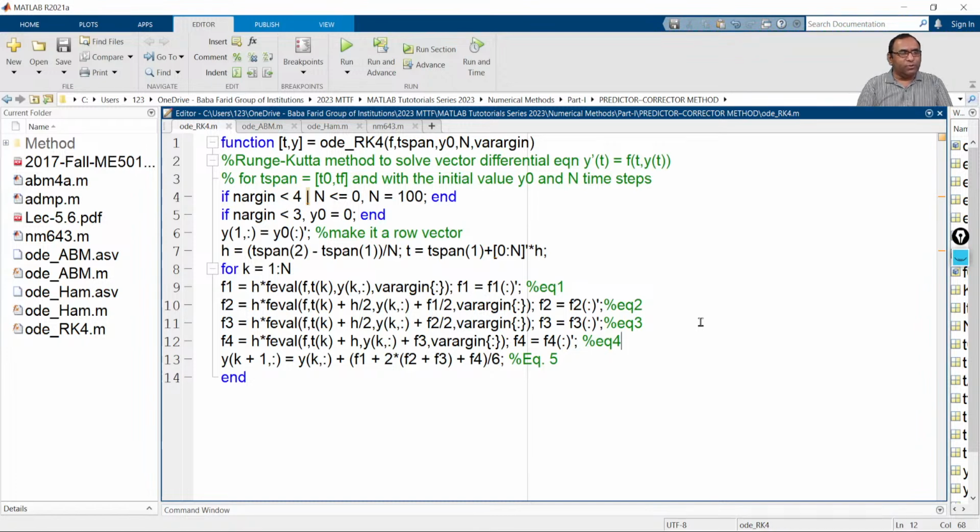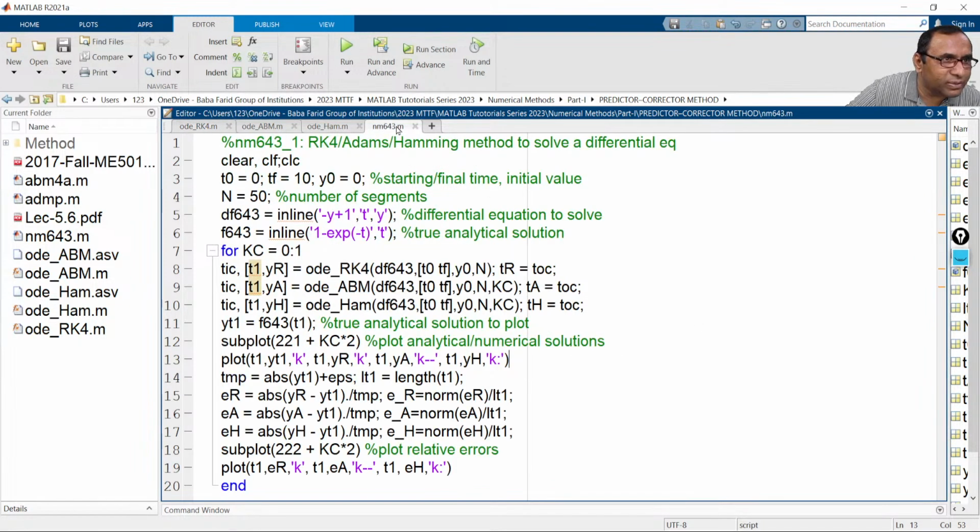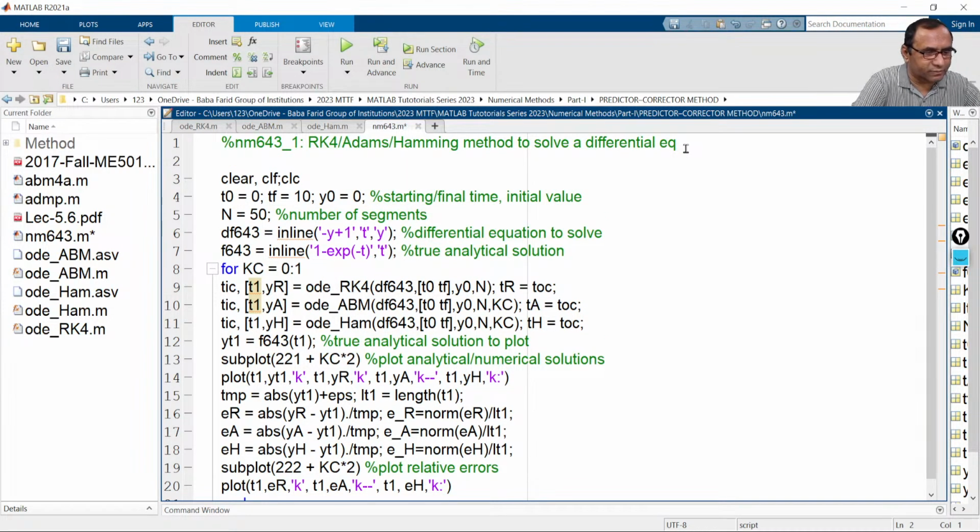Okay. So for this, at its place, we want to find out the solution of the equation, the differential equation, which is